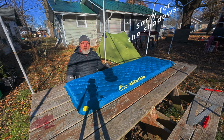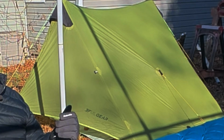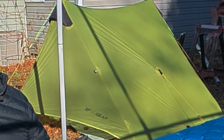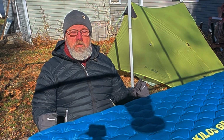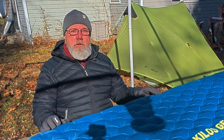And today I'm getting ready to do some winter test camping. I'm set up in my yard actually. I've got my 3F UL Gear Lanshan 2 tent set up behind me. And right now it's 26 degrees out here, but tonight is forecast to go down to 12 degrees. And I'm going to be out here camping in it, and I wanted to go over my cold weather camping